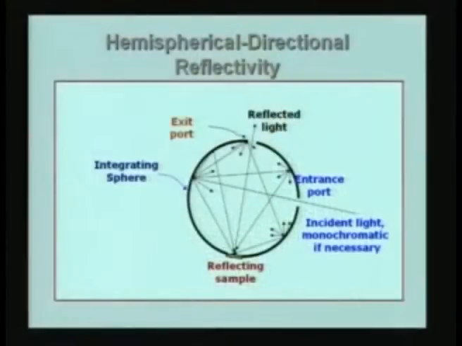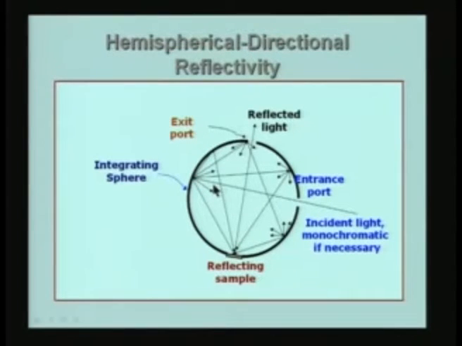So, let us look at what might happen when you have an integrating sphere, and in this case what I am looking at is a beam of light which is shown by a straight line here. This is the incident light, which of course may be monochromatic if necessary, that means it is coming from a monochromatic source, or it is from a polychromatic source which has been monochromatized using a monochromator. As it falls on the spherical surface, it gets reflected in all directions as indicated by the arrows here. Only a few arrows are shown, and let us see what happens to this reflected radiation.